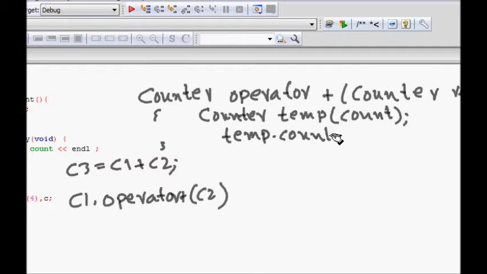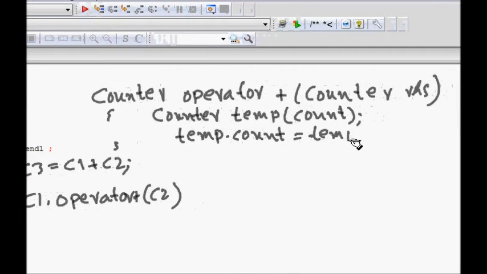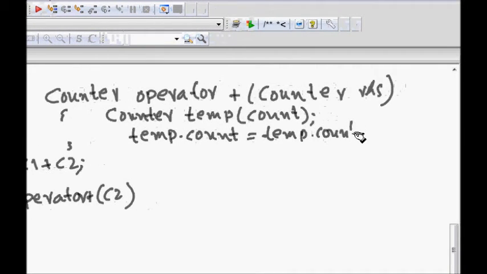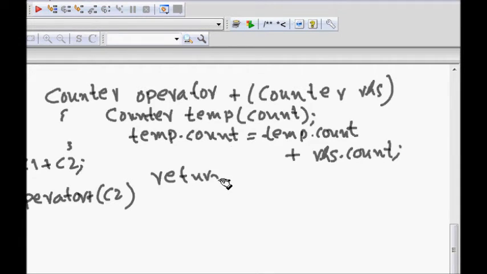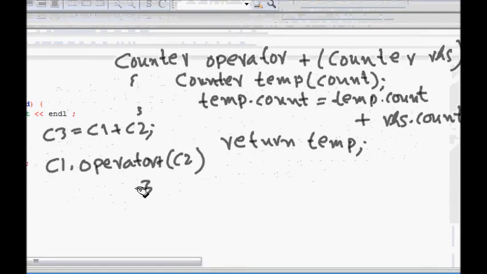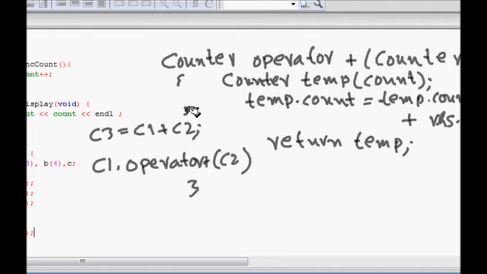Now temp dot count should be made equal to temp dot count plus RHS dot count. Then we can return temp.